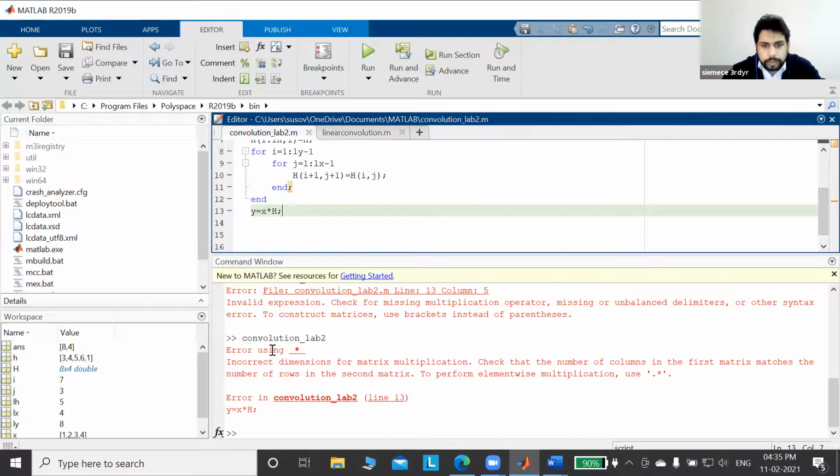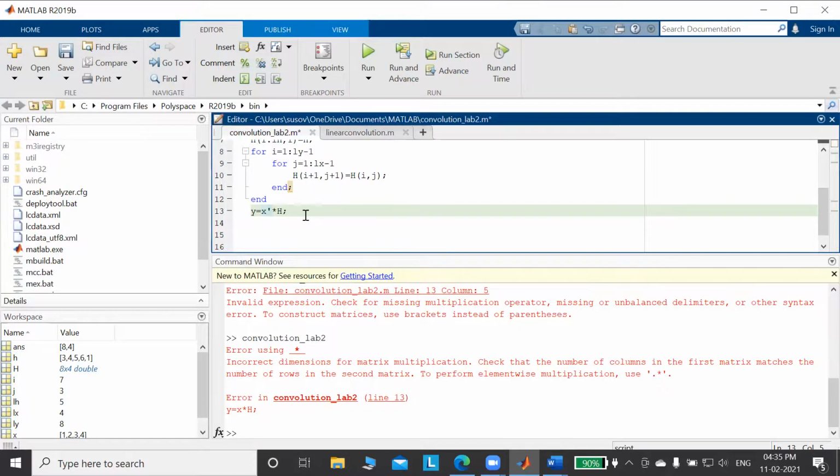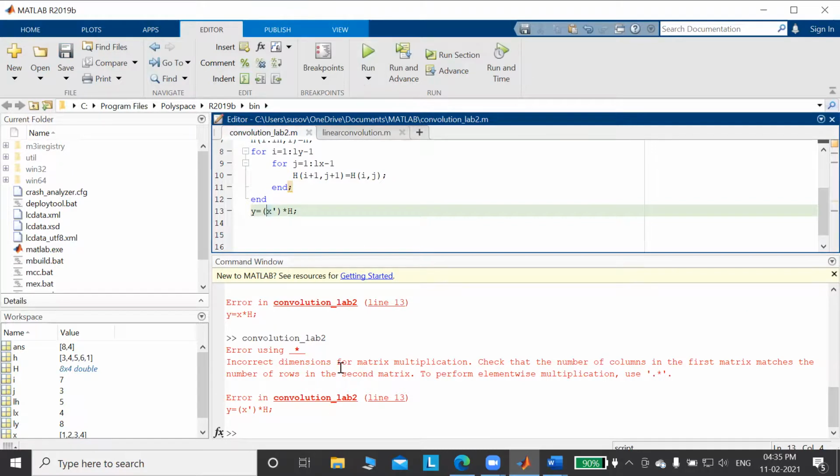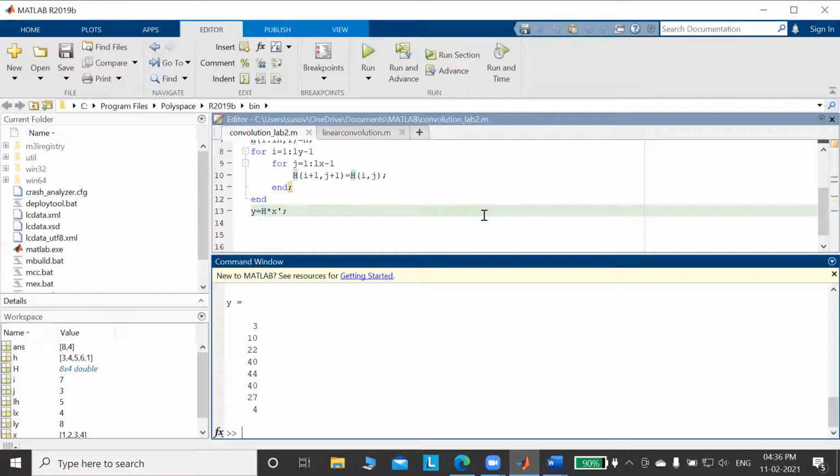Incorrect dimension matrix multiplication. Okay, incorrect dimension. First we have to do the H transpose. Just a minute.